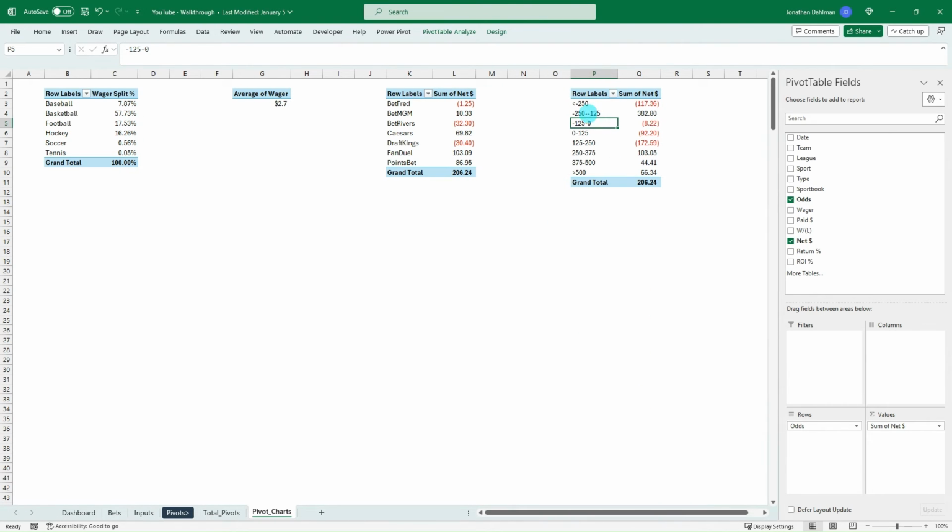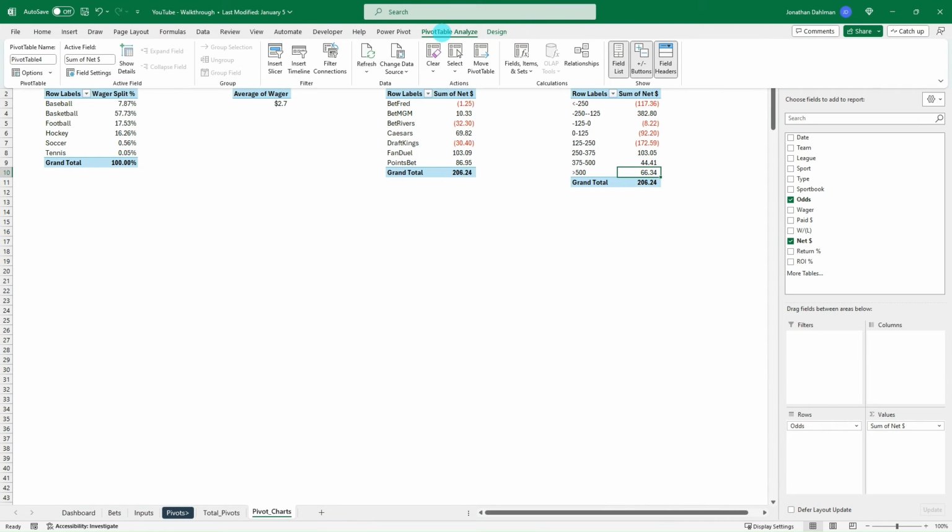So much more condensed. You can see I have a greater than 500, 375 to 500, 250 to 375, and so forth. So that's a much better looking grouping, and you can see that when we're betting on heavy favorites, we're actually in the red, but if we're betting on underdogs, we're positive. So that's what you're trying to get, is where your bet's most profitable as far as the odds go. So I definitely think this is a pretty critical pivot chart to have,